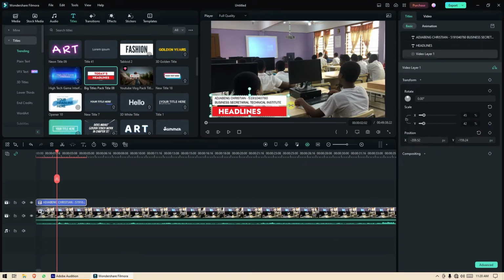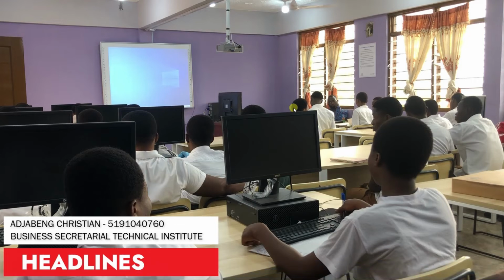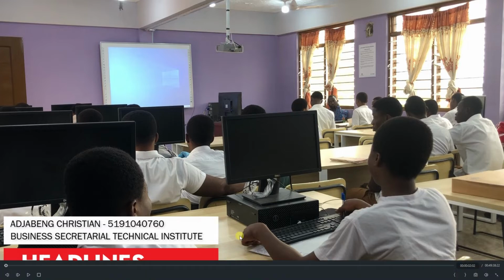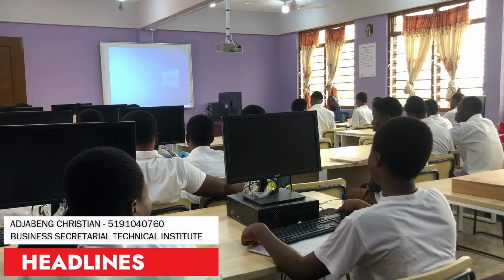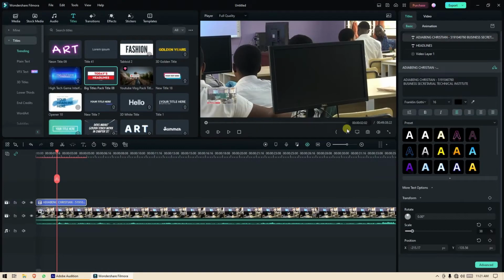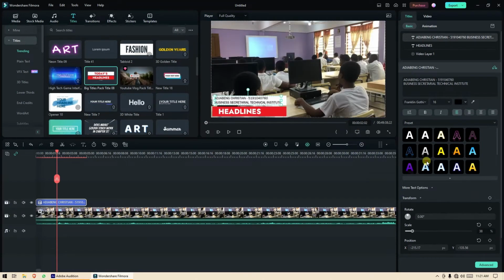Now you can click on this symbol to view the full screen of what you are doing. But you can't do any editing here. It just allows you to view the full screen of what you see when you export your video. So I think this is nice. So press the escape key on your keyboard and then click on this setting, change the zoom level to fit, so you go back to the original screen